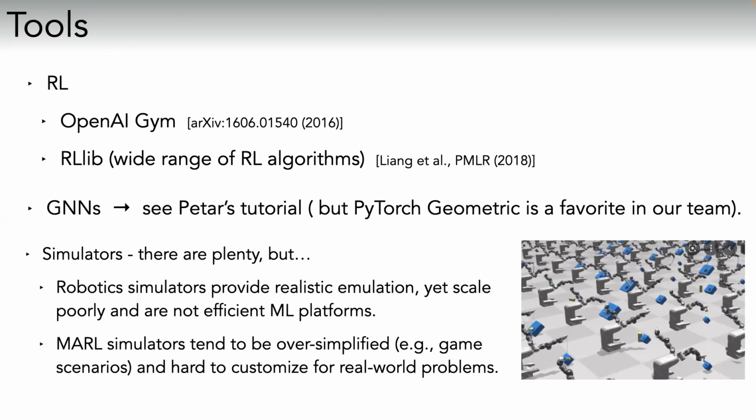GNNs, I'm not going to say much more here because I know Petar is going to talk about it, but we are partial to using PyTorch Geometric. So we use a lot of PyTorch, and PyTorch Geometric seems to be our current workhorse for most of the things we do that exploit GNNs. But GNNs are very simple, you can write your own simple GNN. Like I gave you the equations on one of my slides. That's a GNN. You don't actually need libraries for this. It just turns out that they're very practical because the research area is exploding, and so there are many primitives you want to be able to exploit through libraries and not code up by yourselves.